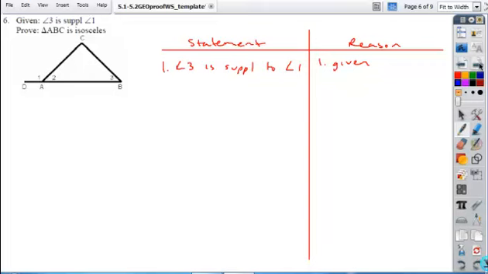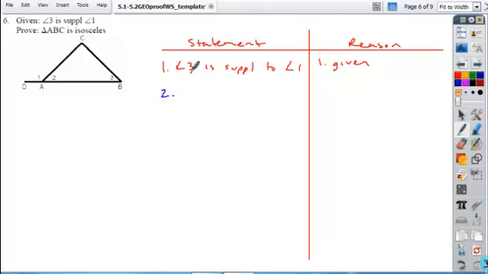We can either do it by corresponding parts of congruent triangles, which we don't have, since there aren't multiple triangles here, or we can do it by showing that the angles opposite those sides are equal. That's probably the route we're going to take. The first thing is to make sure we introduce the two angles opposite these sides, AC and BC. Angle 3 is already introduced, but it's not introduced in an equation form, so let's interpret this